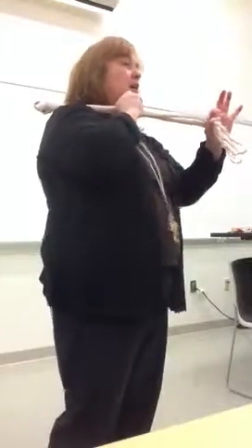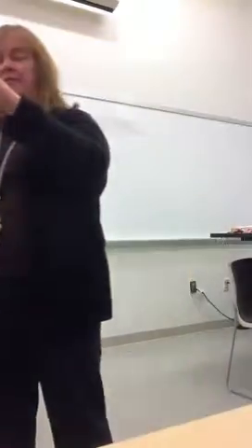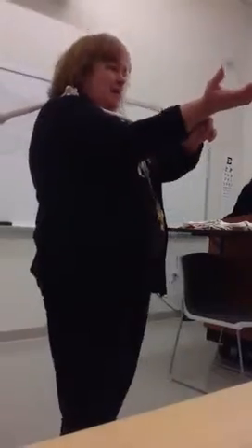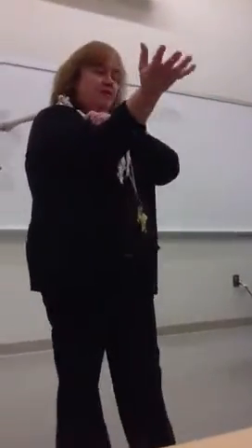The pisiform you can only palpate on the volar or palmar side of your wrist. If you go right down your pinky finger, right to the wrist crease, you're right on your pisiform. And your pisiform is what helps to form one of the walls of Guyon's canal, where your ulnar nerve enters